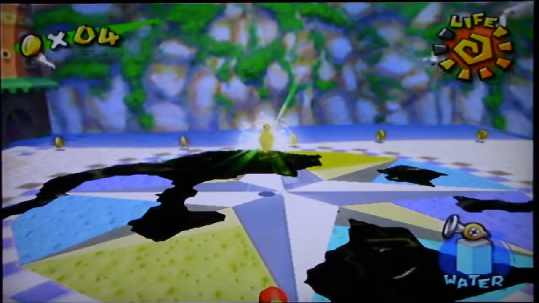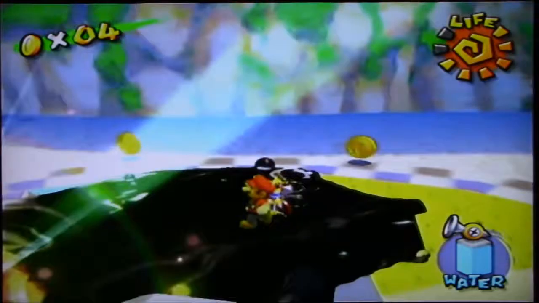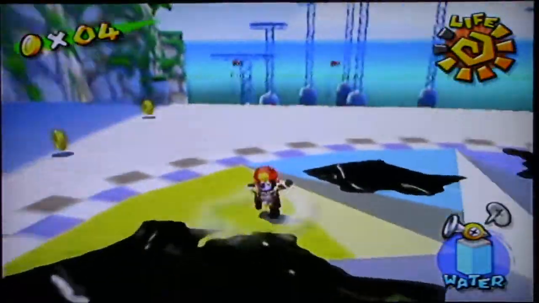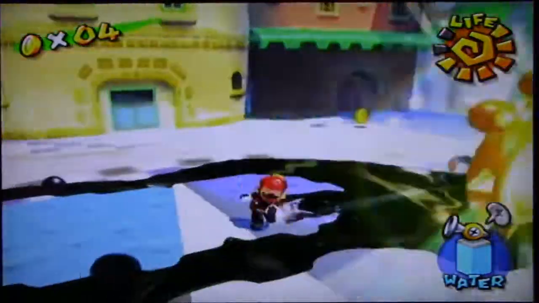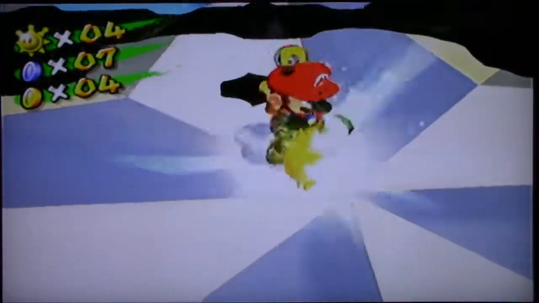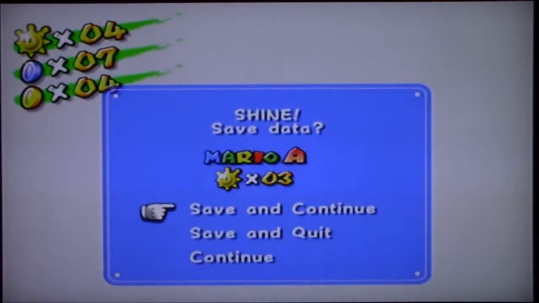So he's down for the count, giving us a nice, shiny Shine. Ah, I missed. Here, let's get it all dirty and grab it. I don't know, Mario looks so cool when he's just covered in mud. It's like, yeah, he's doing work. See, look at that. You just look like you earn it when you get covered in mud. But anyways, on that note,